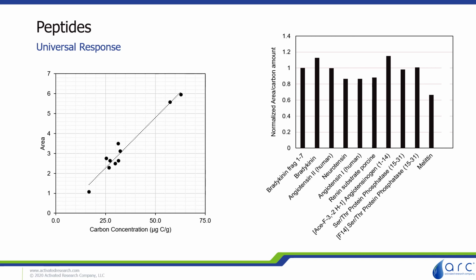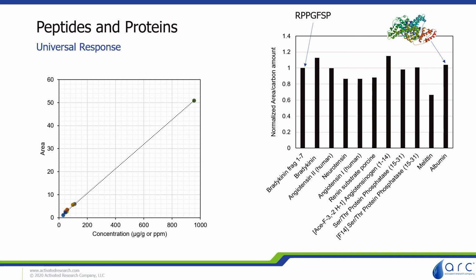So we're really proud of this result, that this detector is able to give you such a good quantitative result for a standard, knowing that there may be losses in the system or in the sample itself, and you don't need to do any calibration to understand that. So in an effort to compare these peptide results to another compound we have, we wanted to look at